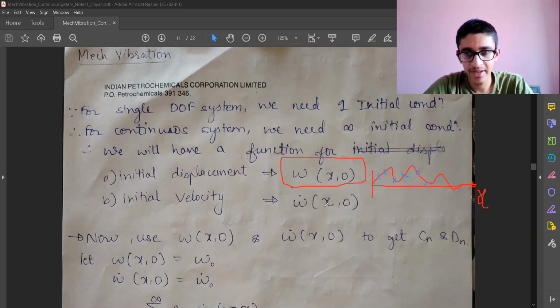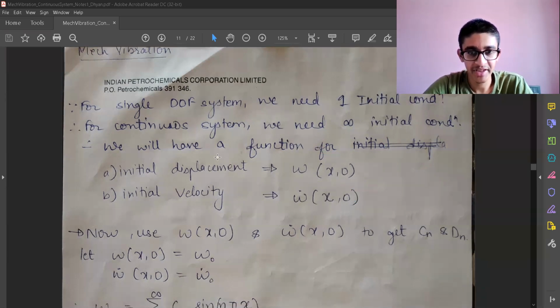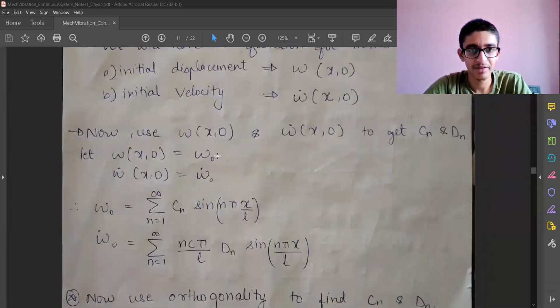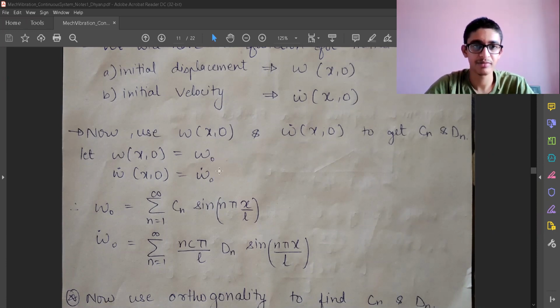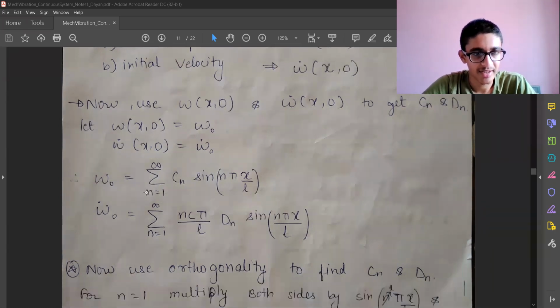So we now need to infer from these velocity and displacement functions and get our values of c and d. Those were the things which were coming from the initial conditions. The boundary conditions were also easier for us because there were only two boundaries, but the initial condition will be of functions. So there were constants in the boundary condition. In initial conditions, we are having functions. So let's look at them.